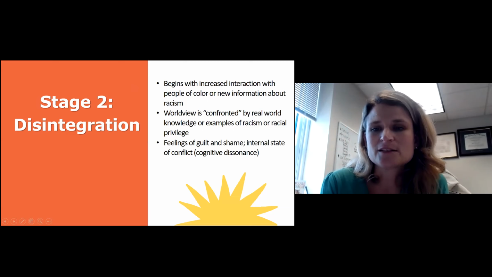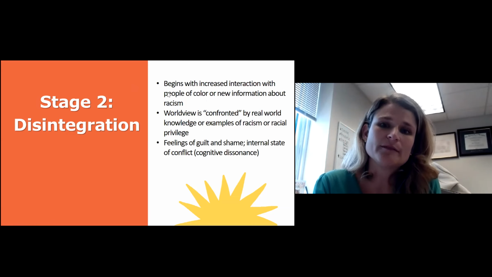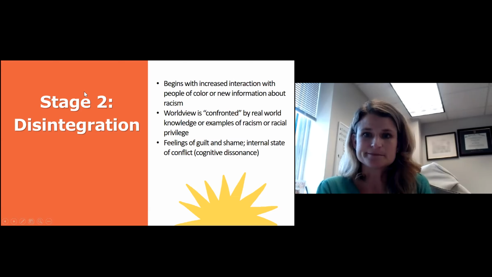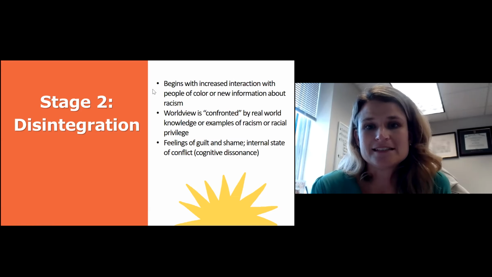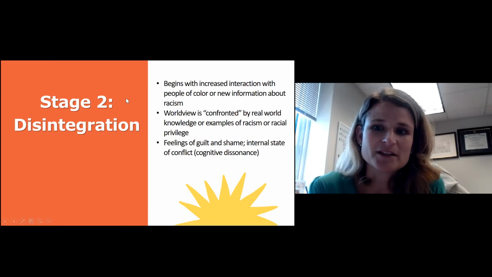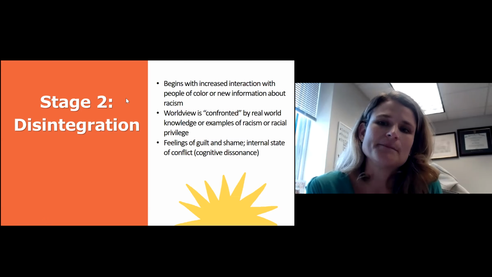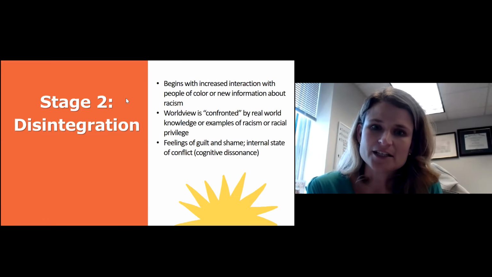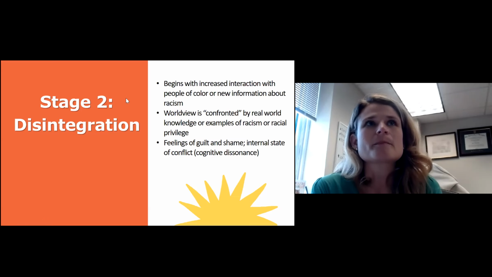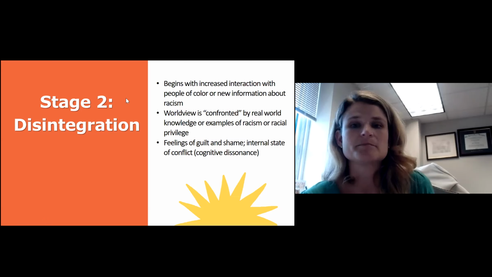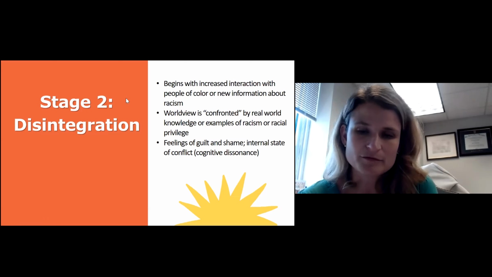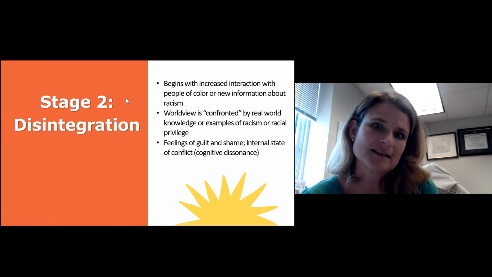When people begin interacting more with people of color, or learn new information about racism, or further their education, your worldview will be confronted with the knowledge and examples of racism and racial privilege, right? Thinking about someone who maybe grew up in a really white context and then came to college,